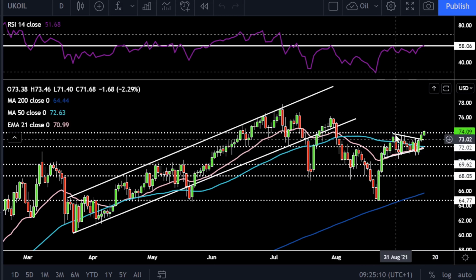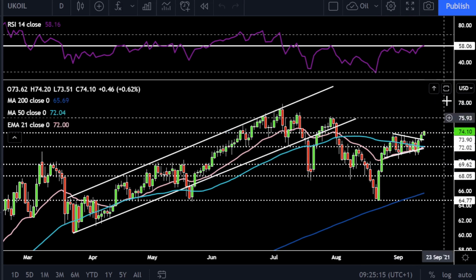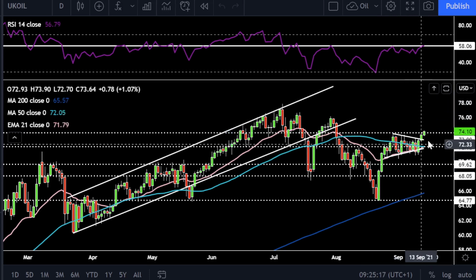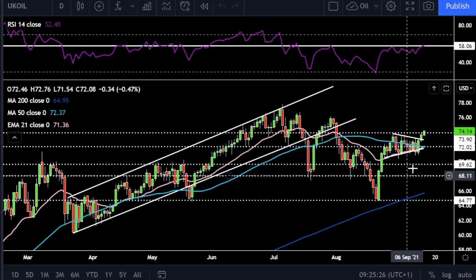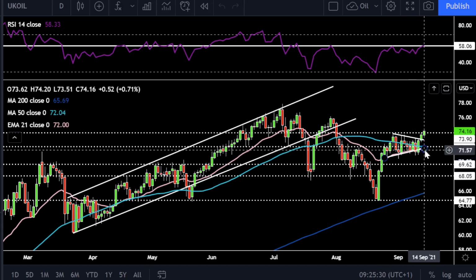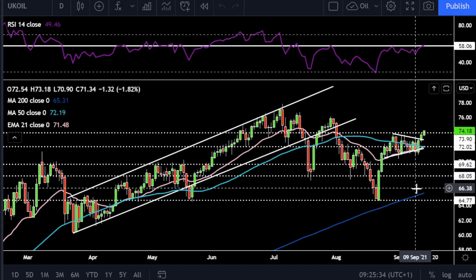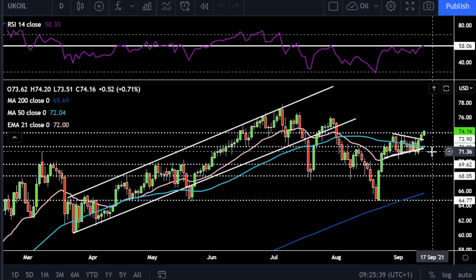It broke out of this little triangle pattern I drew here. And it's now sitting on that $74 mark resistance. The RSI's trying to have a little breach through this 58 overhead resistance here, and it's confirming bullish price action. We've got the 21-day exponential moving average trying to cross above the 50-day simple moving average, which would be bullish short-term momentum. In terms of key price levels to watch, you've got $75 resistance, and then above there you've got the